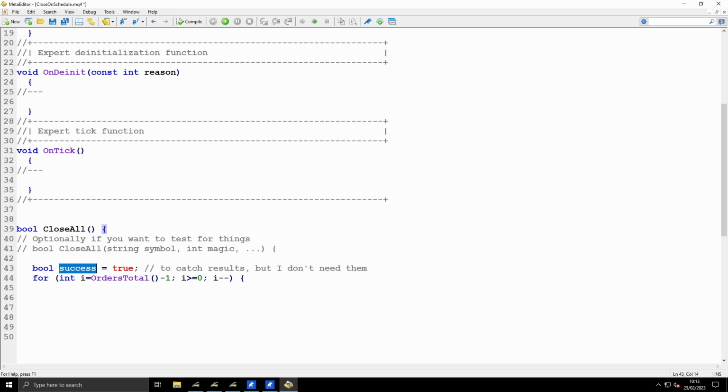And here's the standard loop that I would use: for int i equals OrdersTotal minus 1. So I'm beginning with the last order, while i is greater than or equal to 0, and i minus minus. And that's the way I generally write these loops. The first thing to do is to select each order based on this index i. What I'm saying here, if not OrderSelect index i, SELECT_BY_POS, MODE_TRADES, that means that for some